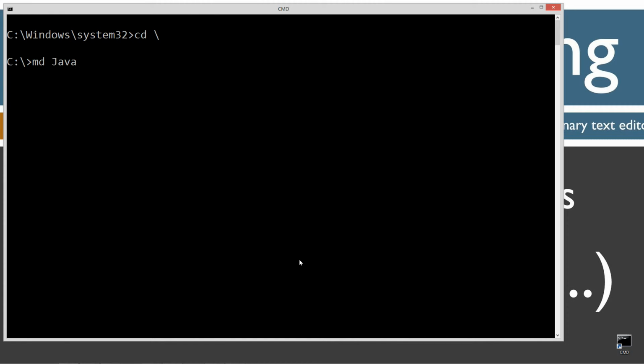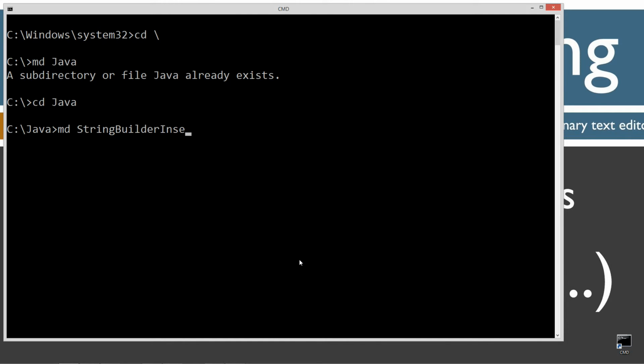Now I'll make a directory here with the MD command called java. I already have a Java folder, but if you don't, it'll create one for you. Make a directory here, and I'm just going to call this StringBuilderInsert. Okay, CD, and I'll hit tab to get that to autofill. Save some keystrokes. So change directories to the StringBuilderInsert folder, and then I'm going to do a notepad